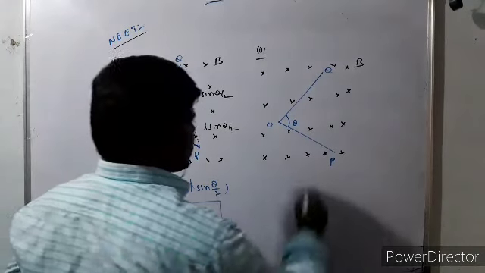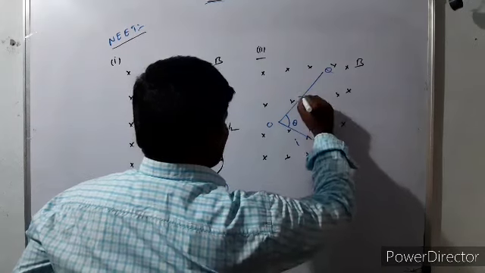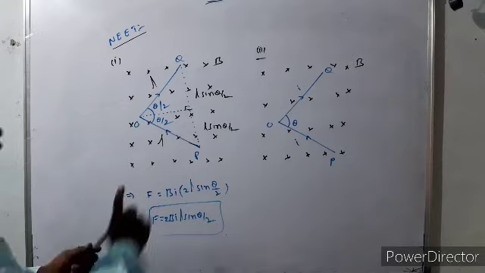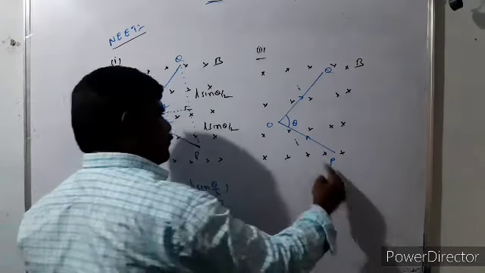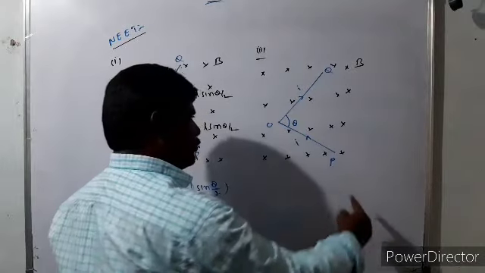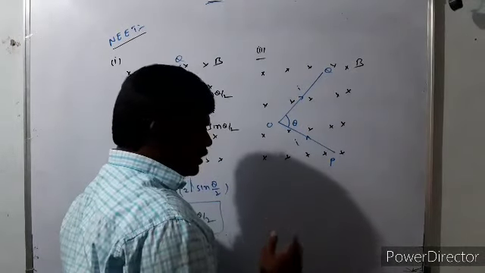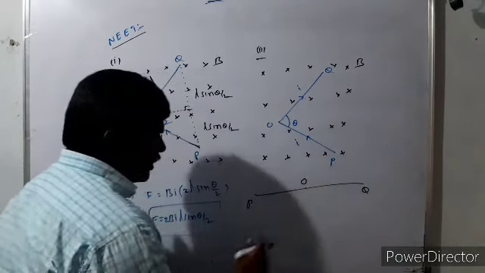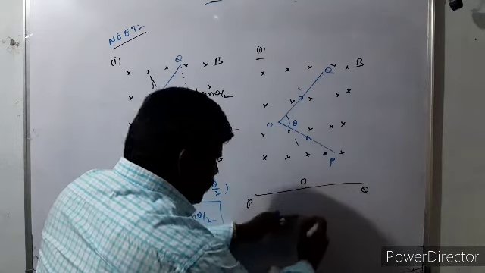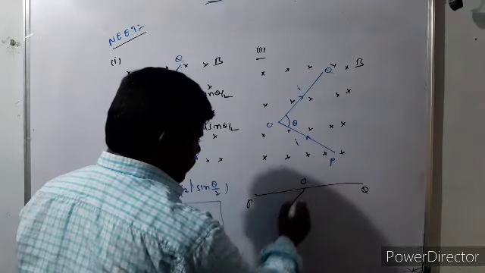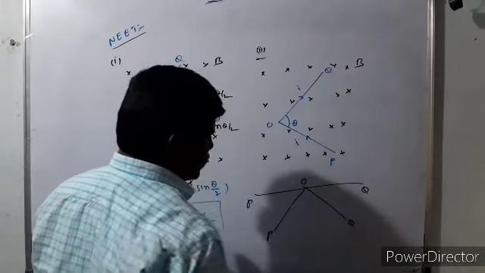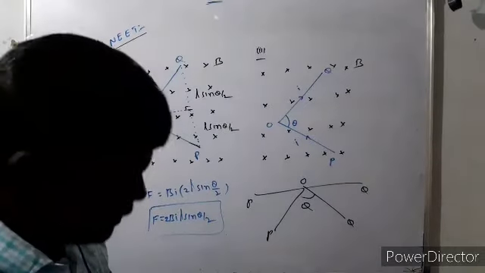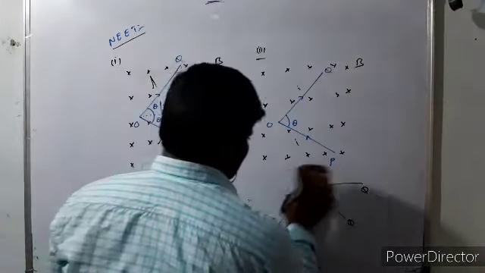Now, what is the force acting on the conductor if it carries current I amperes? This is the actual question. Now, it is the same, but what is the total length of POQ? L. But the actual POQ is a straight conductor, O is the midpoint, and at the midpoint it was bent into a V shape. The angle between PO and OQ is given. Now he is asking what is the force acting on this conductor.